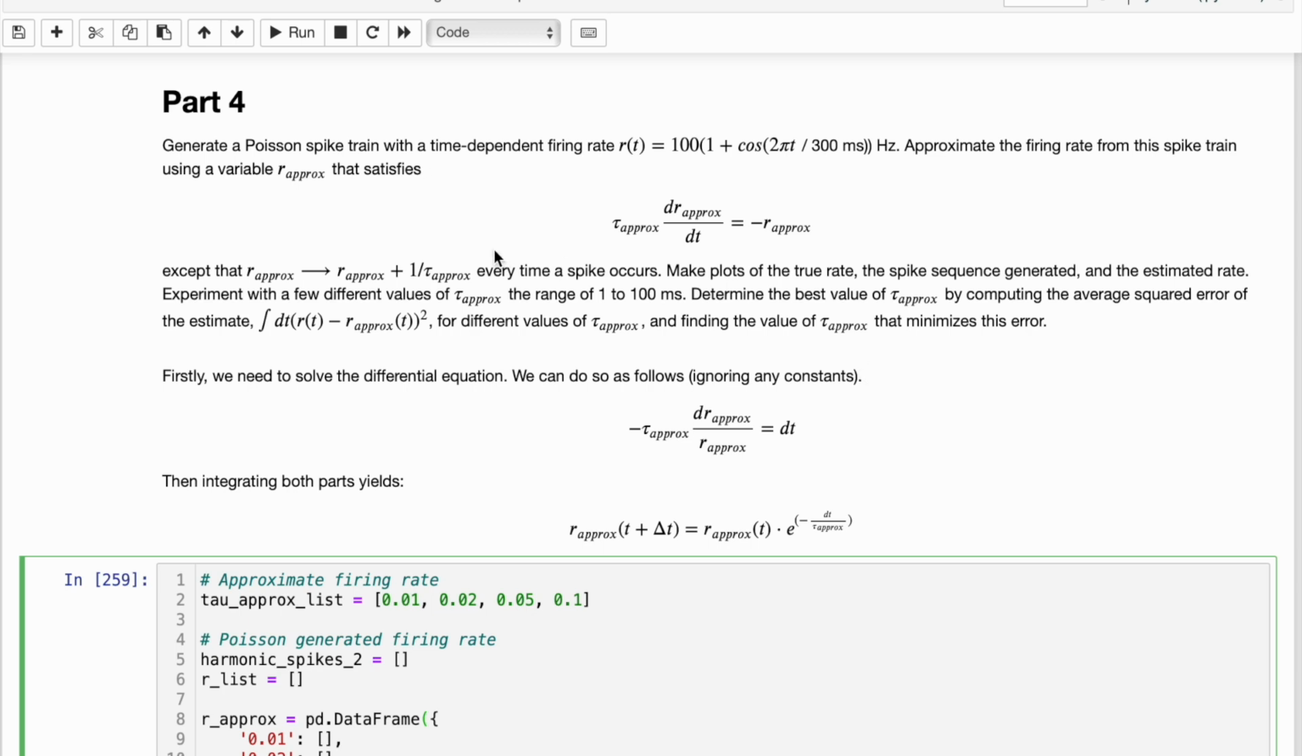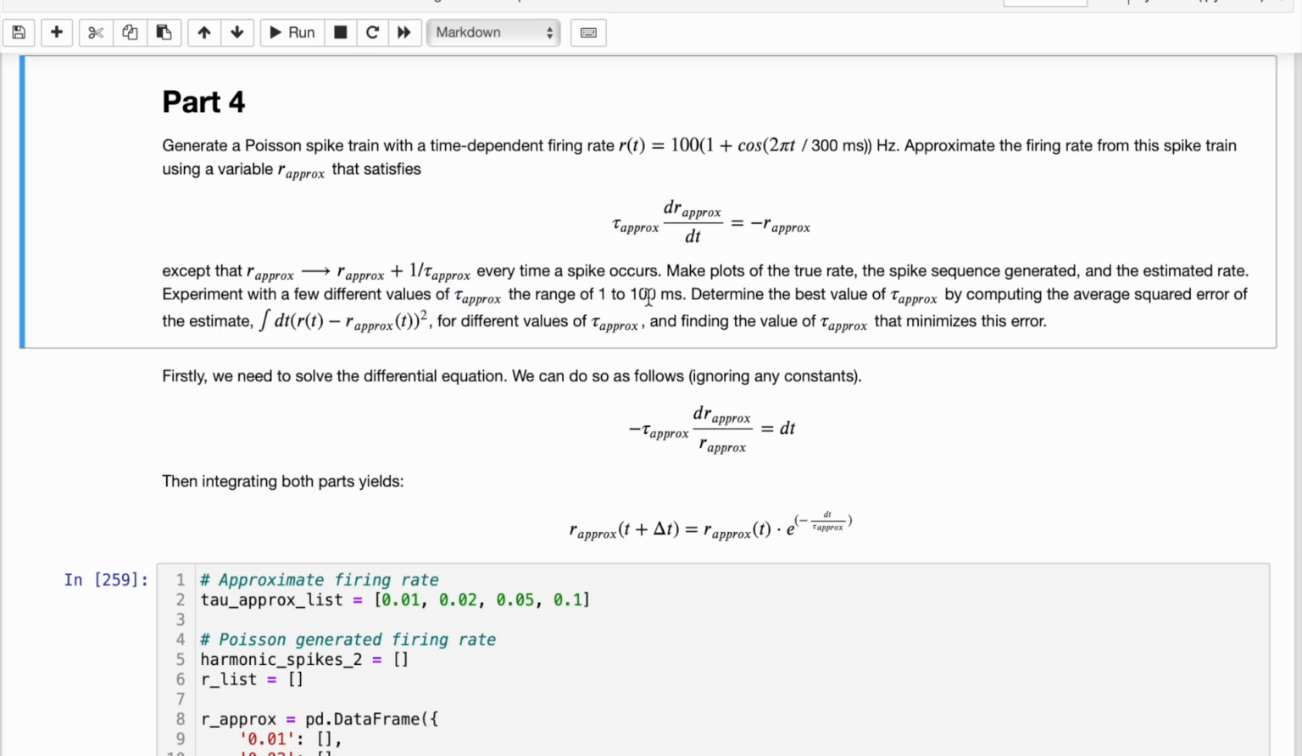And so the exercise asks of us to experiment with a few different values of tau between 1 and 100 milliseconds. And that's essentially the whole idea. We have a true firing rate and we want to approximate it using this dynamic equation and then experimenting with different values of tau, which is the only constant in the equation, to see which best approximates the true firing